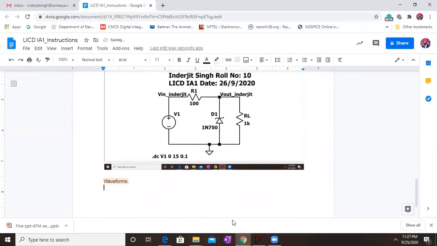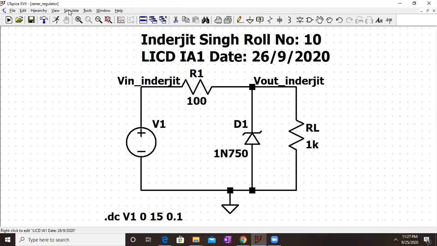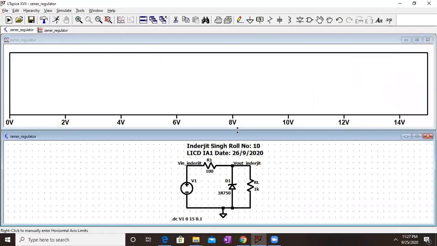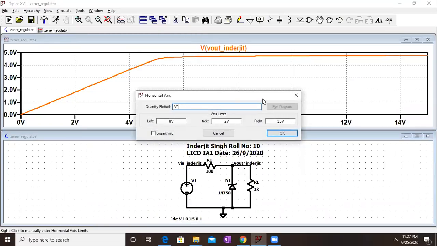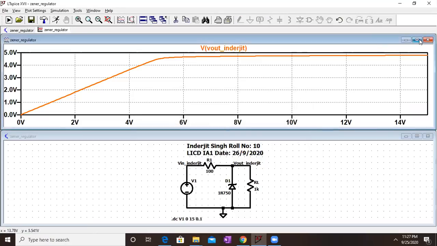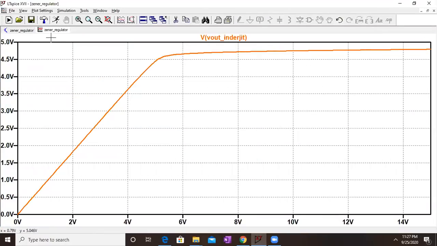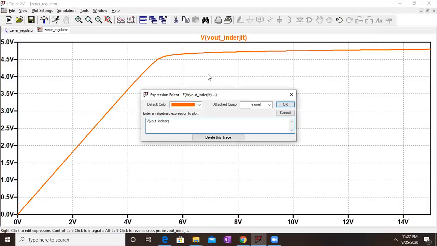And for the waveforms also you have to do something similar. Let's say I'll go to simulate and plot the waveform for this. Since you have defined your name, automatically it will come. So this is my output waveform. As for this sample case, don't use light green color. If your waveform by default is coming light green color, please don't include it. It's very, very light. You can use any other color.